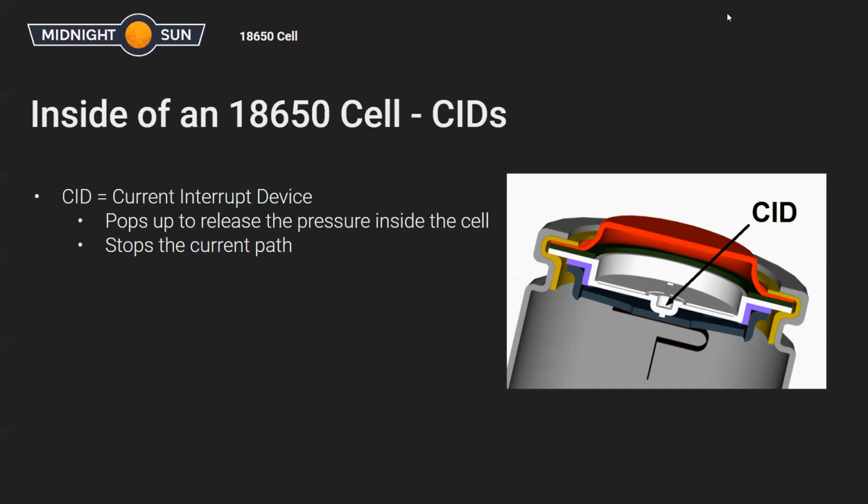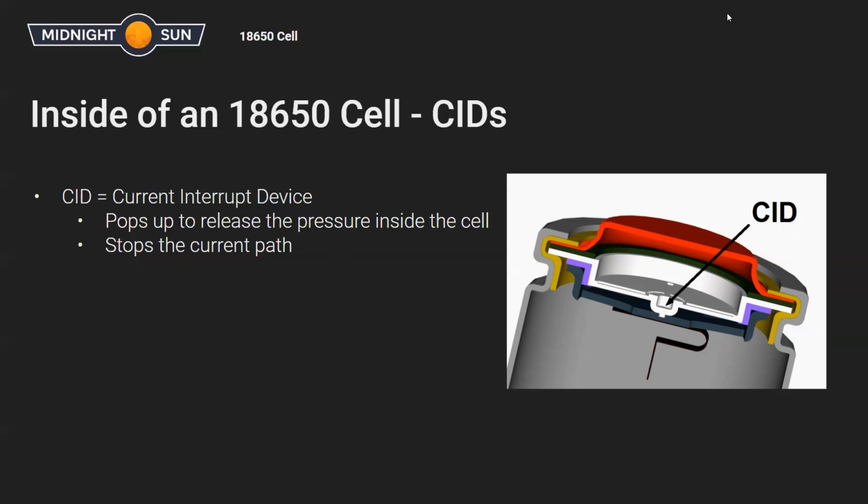And what happens when there's enough pressure that builds up inside the cell, pressure can build up if the cell is too hot or if you're trying to charge or discharge it too quickly, then pressure will build up. And if that pressure buildup is too much, that little vent there will open up and it will pop the CID, we say. And that will stop the current path between the jelly roll and the positive terminal of the cell. So that's another method, but typically